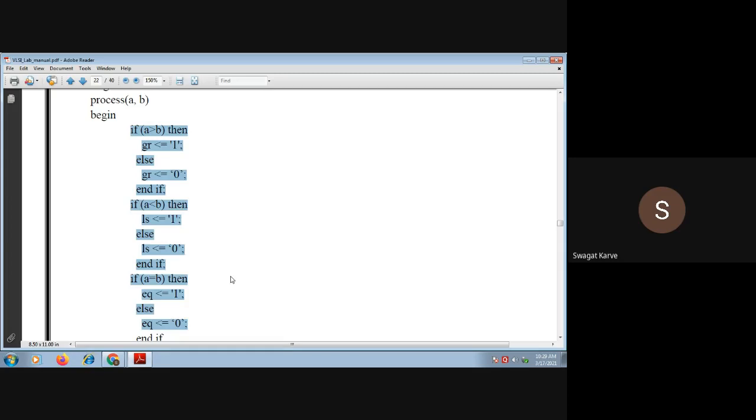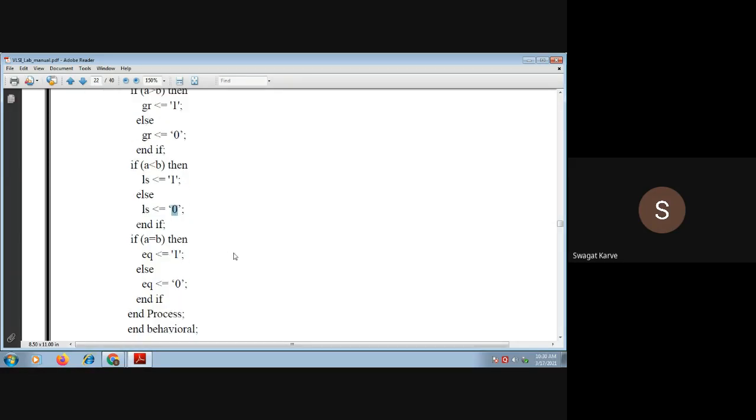If A is greater than B, then GR is set to 1, and ls and eq are set to 0. If A is less than B, then ls is set to 1, and GR and eq are set to 0. If A is equal to B, then the eq bit is set to 1, and GR and ls are set to 0. This is the simple code for the comparator.